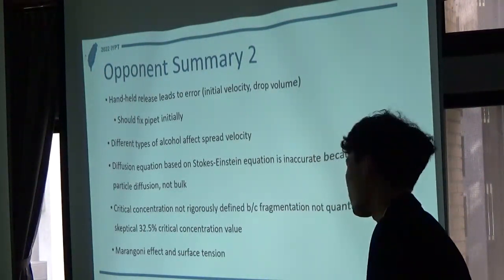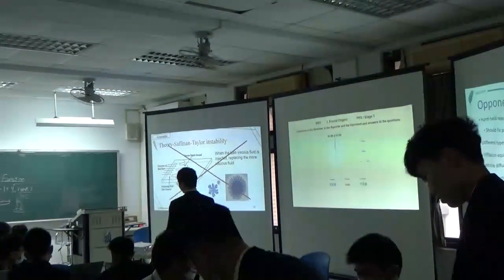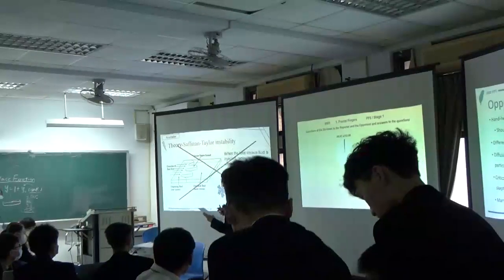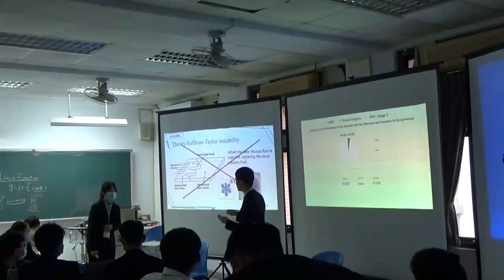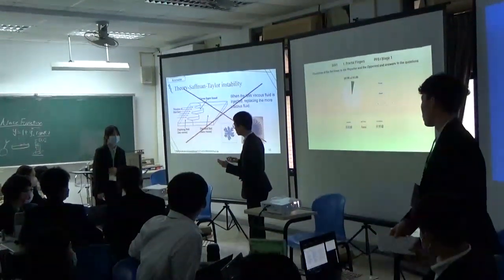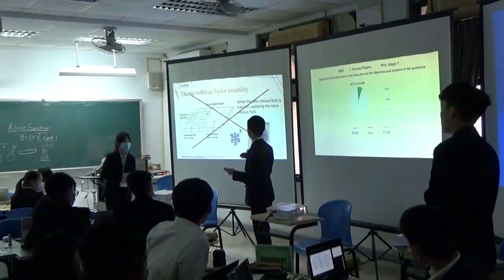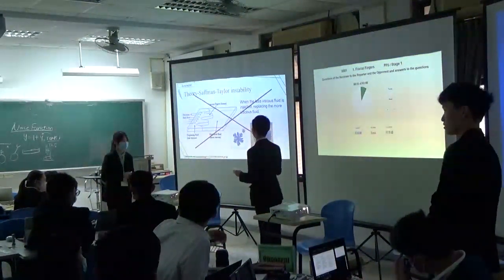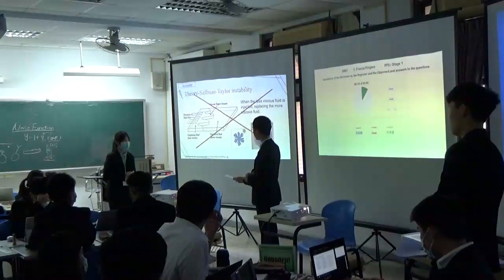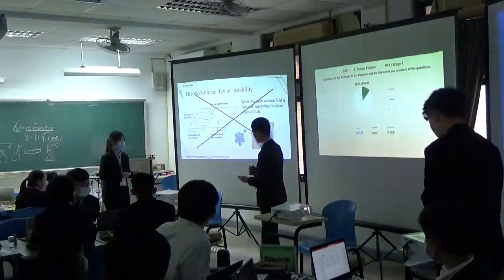The reviewer asked questions. So for the reporter and the opponent, both of you agree that Marangoni flow is the main reason that spreads the mixture out. Do you agree with that? Yes. So for the reporter, how did you measure the radius, the length of the finger? And how did you define the fingers? The finger length is the outer circle radius minus the inner circle radius.